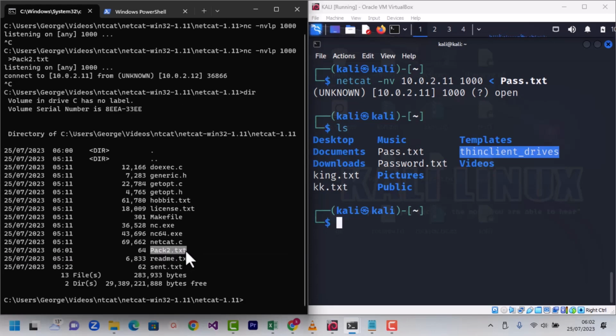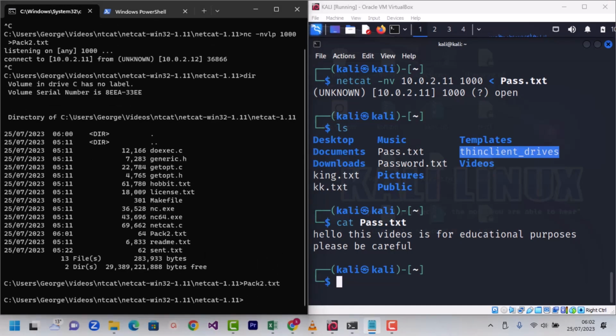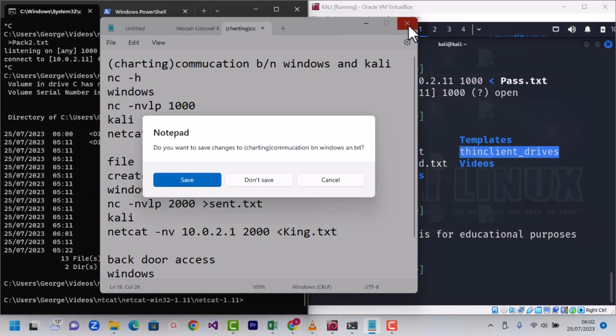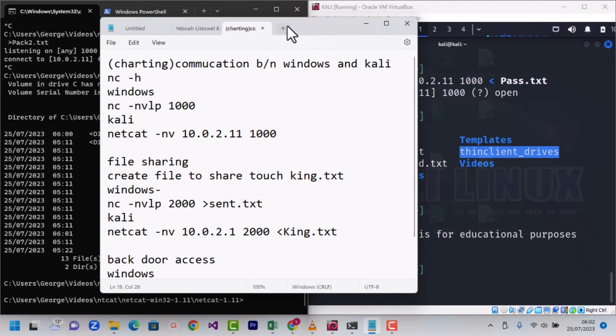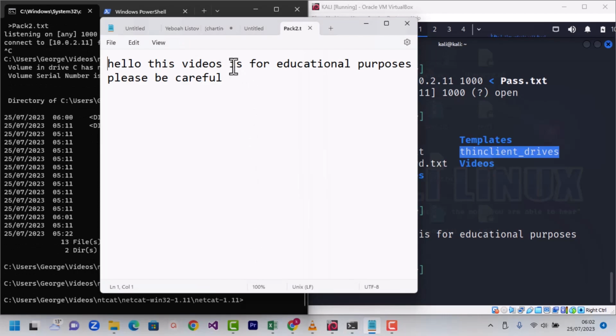Now, if you check the content, you should be able to view the same content as what we have here with cat pass.txt. So now I'll just type the same name here, pack2.txt, and we should be able to view the contents of pack2. So we can see we have it here. So let's cancel it out. What we can do is rerun it once again, pack2, and then you can see we have our